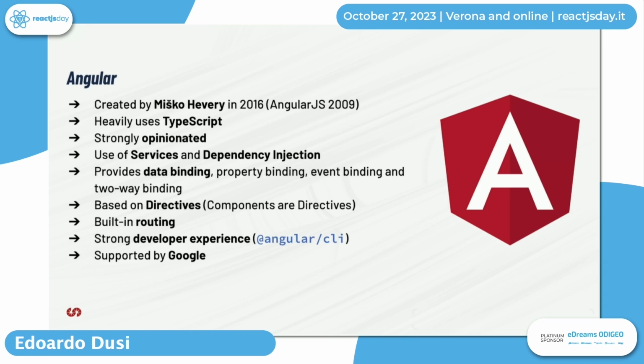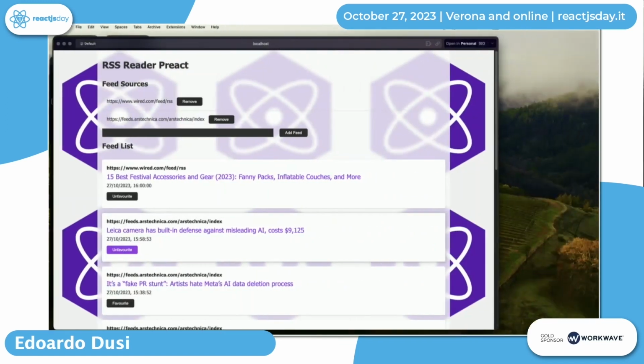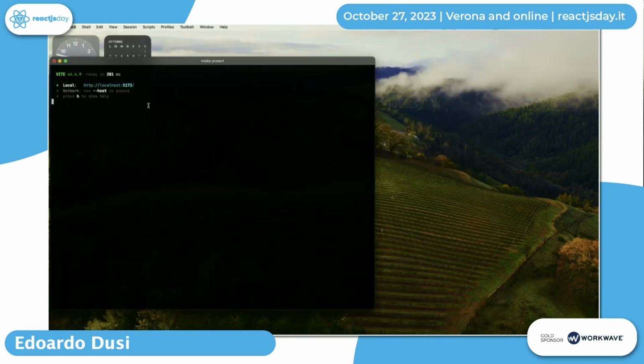It heavily uses TypeScript. It's opinionated. It's heavily opinionated. And Angular is more suitable for complex projects, when you have many components, or when you want to use OOP principles, for example, in your team. And Angular is a good choice. And this is very different from React in terms of user experience and also